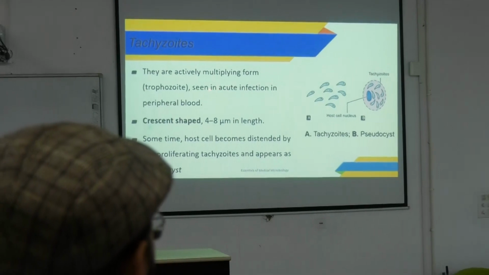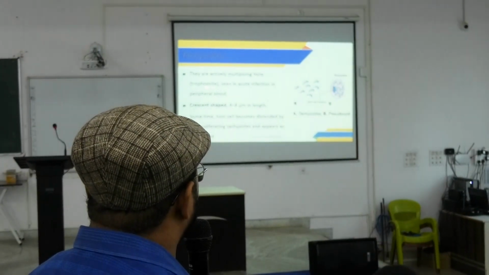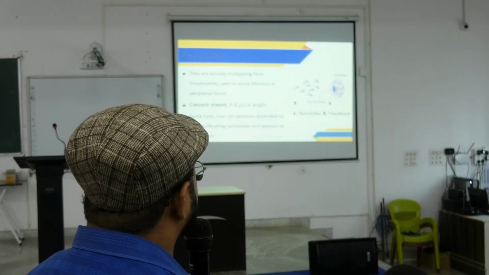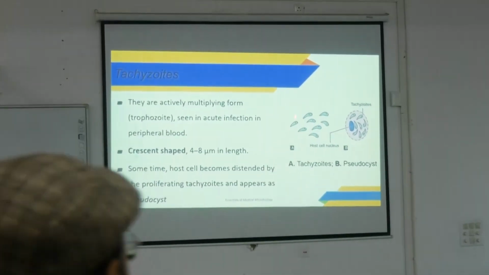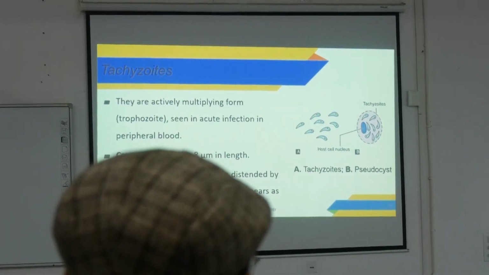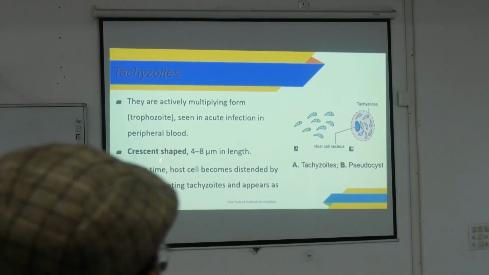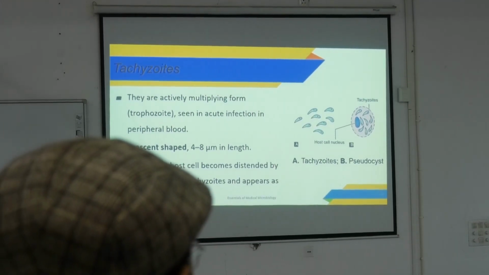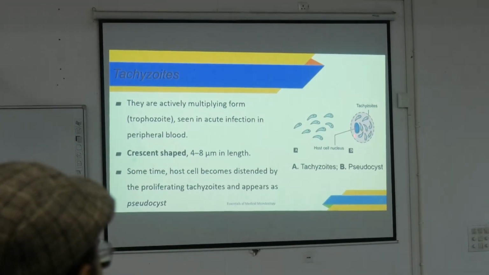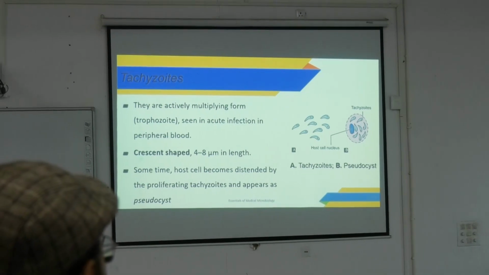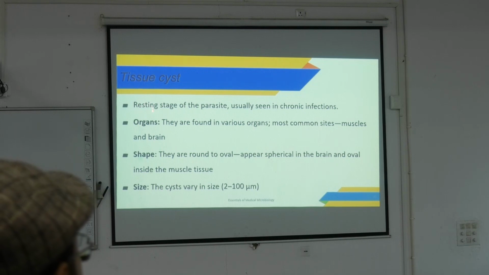দেয়ার একটা ক্রিসেন্ট শেপ দেখতে, এরা জেনারেলি ব্লাডে থাকে। They are actively multiplying forms seen in acute infections in peripheral blood. আমরা যদি পেরিফেরাল ব্লাড থেকে স্মিয়ার করি আমরা ট্যাকিজয়েডস দেখতে পাবো। এরকম দেখতে ক্রিসেন্ট শেপ, 4 to 8 micrometer in length. Sometimes host cells become distended by the proliferating tachyzoites and appear as a pseudocyst. এই যে একটু মাঝে মাঝে pseudocyst তৈরি করে ফেলে যখন proliferated হয়।